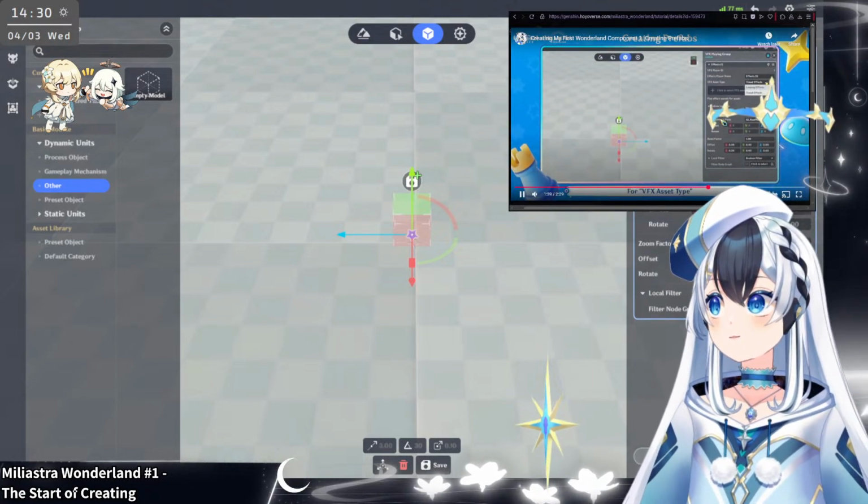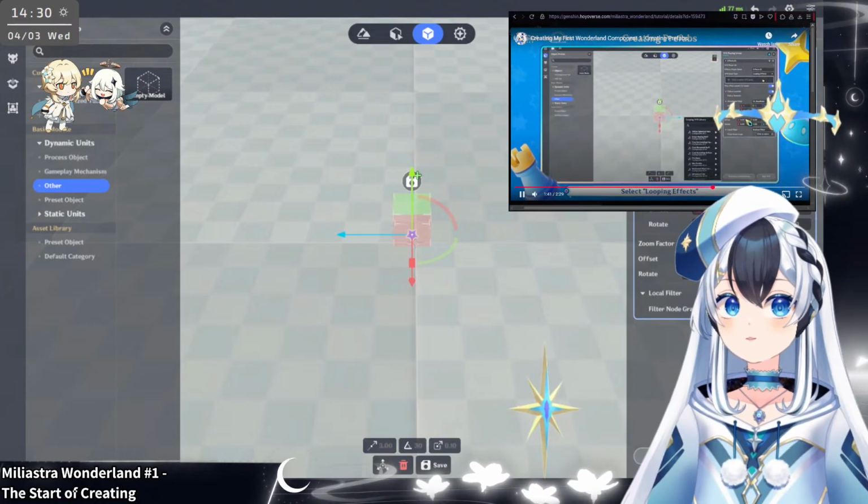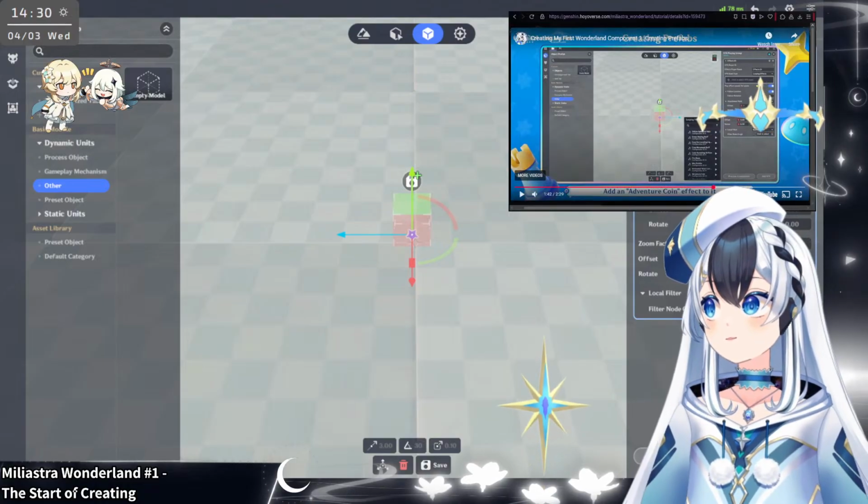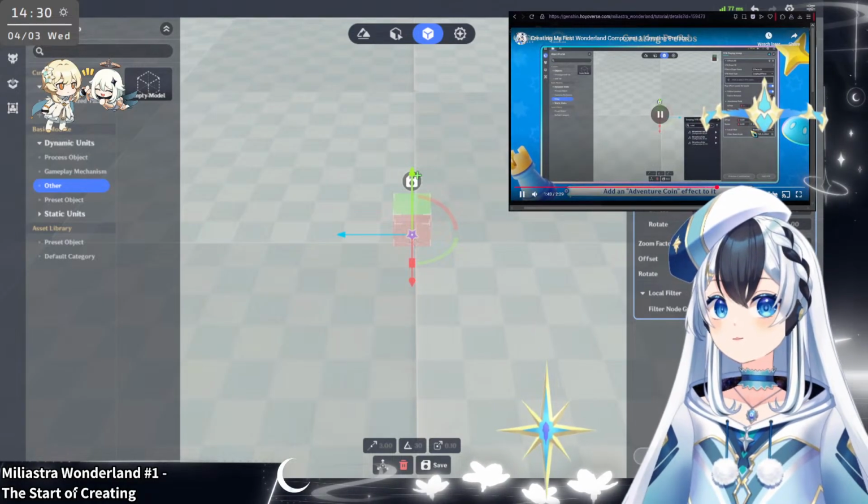For VFX asset type, select Looping Effects. Add an Adventure Coin effect to